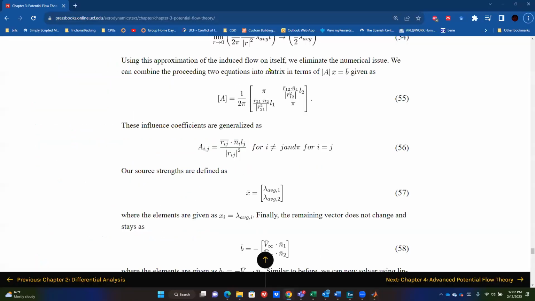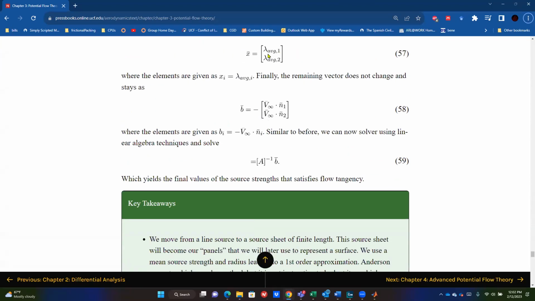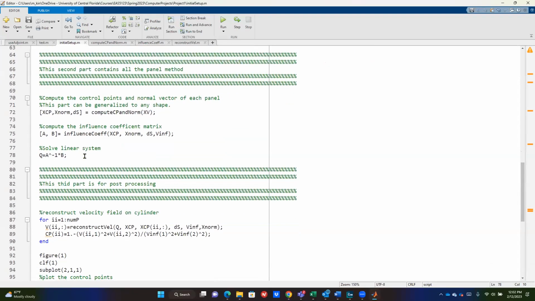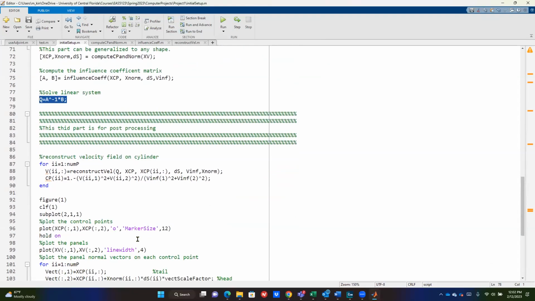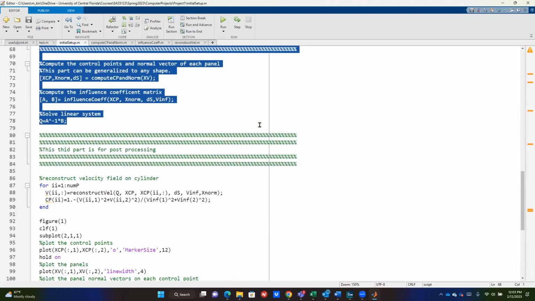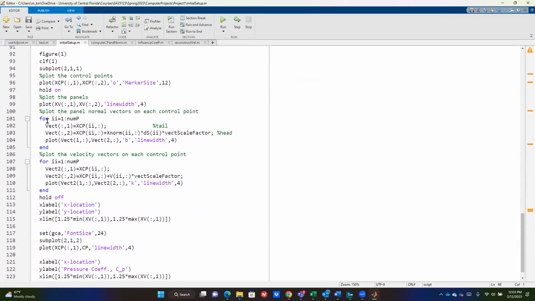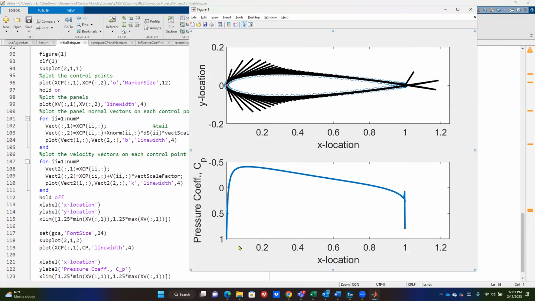So we fill this matrix. So instead of a 2 by 2, it's a number of panels by number of panels matrix. We solve for this. And you could see where this solution process is right here. Okay. Once we solve for Q, we basically solve the system. And these 3 lines are the core of the code. Thereafter, it's how do you process it to get it right? And I'm not going to go through all the plotting processes, but when I go through and plot it,